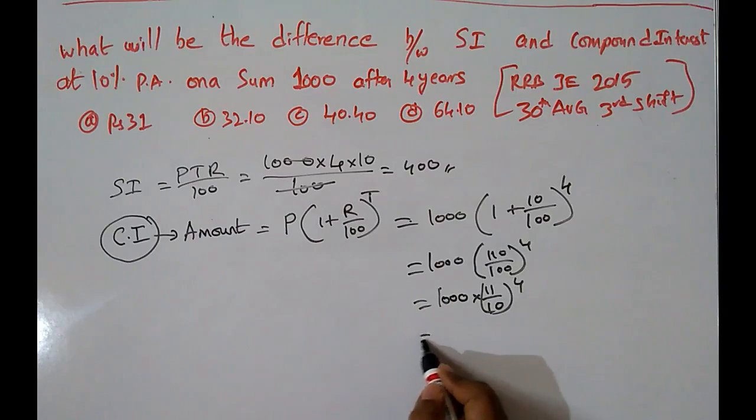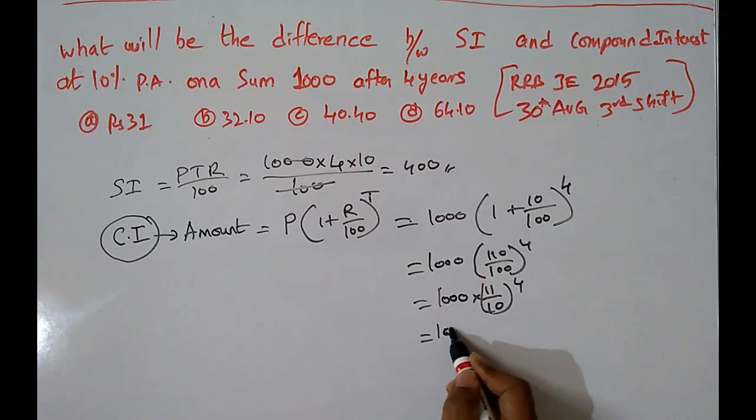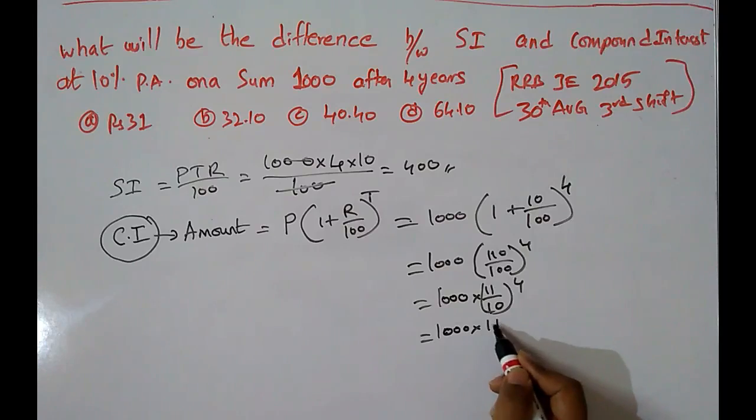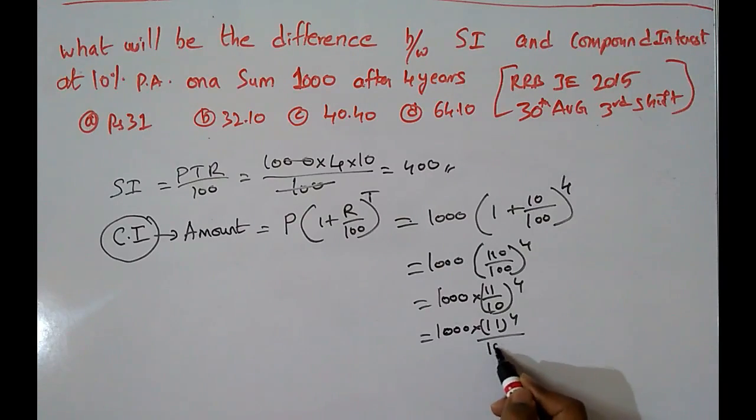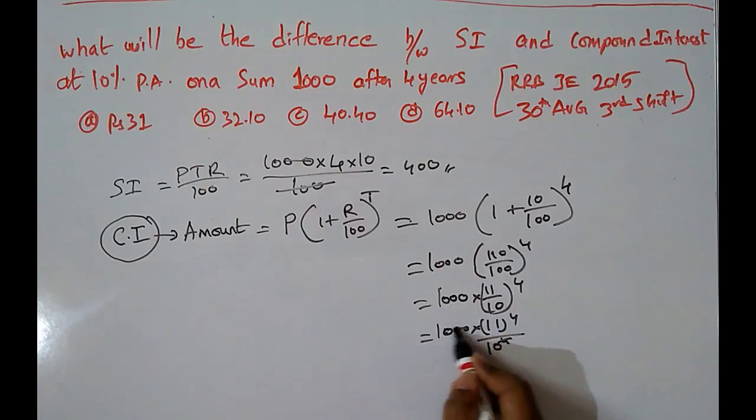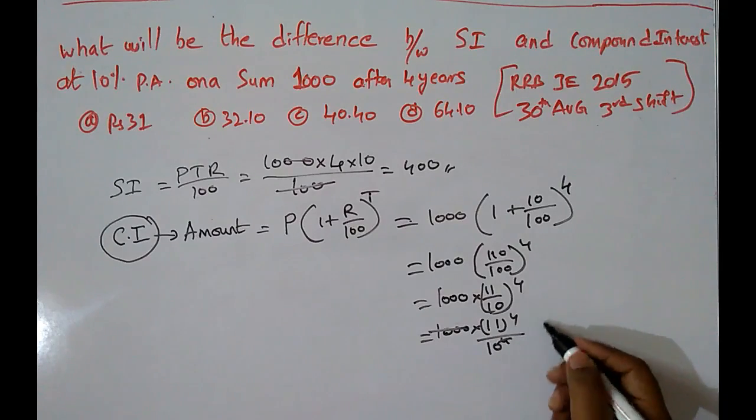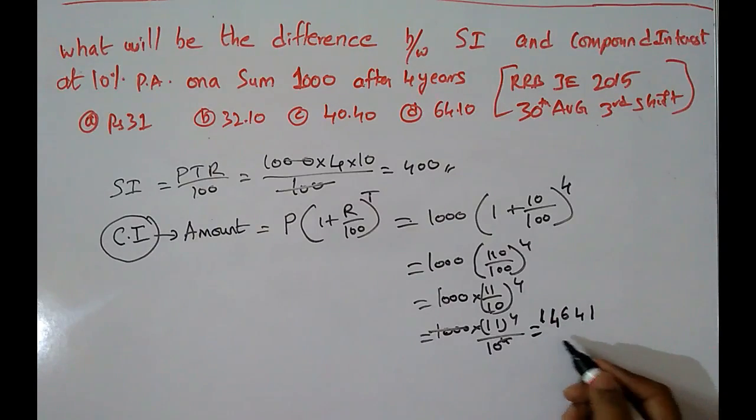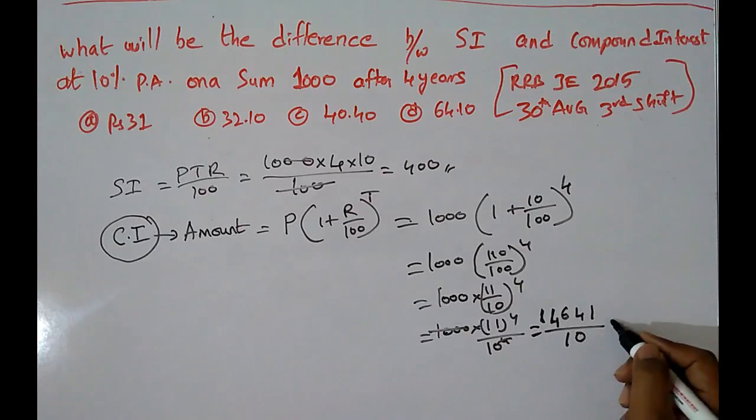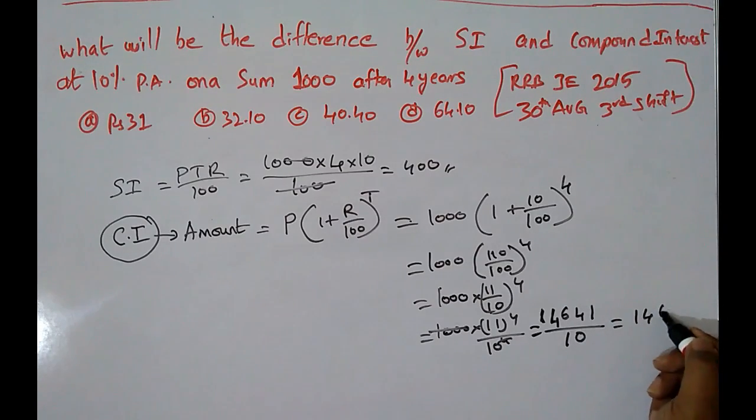We can say that 1000 into 11 power 4 by 10 power 4 is given by 10, and 11 power 4 is given by 14641 divided by 10, which amounts to 1464.1 rupees. Okay friends, why I have said there is no formula for compound interest is that we get the